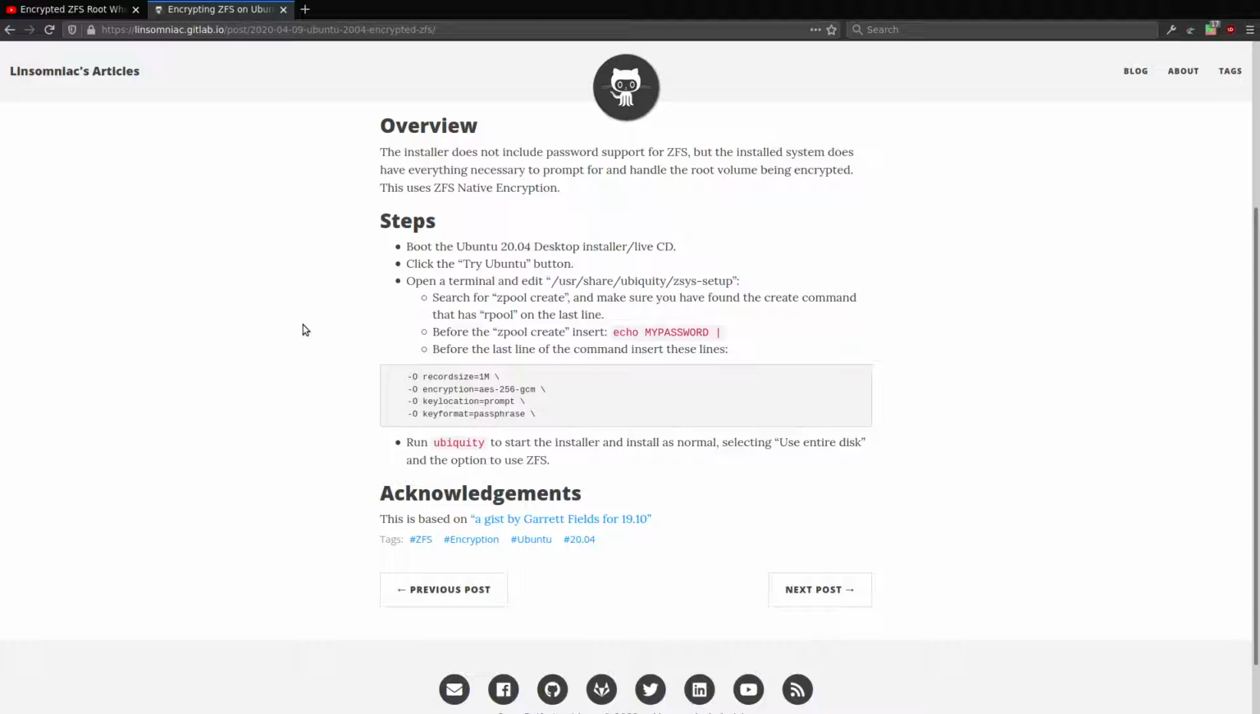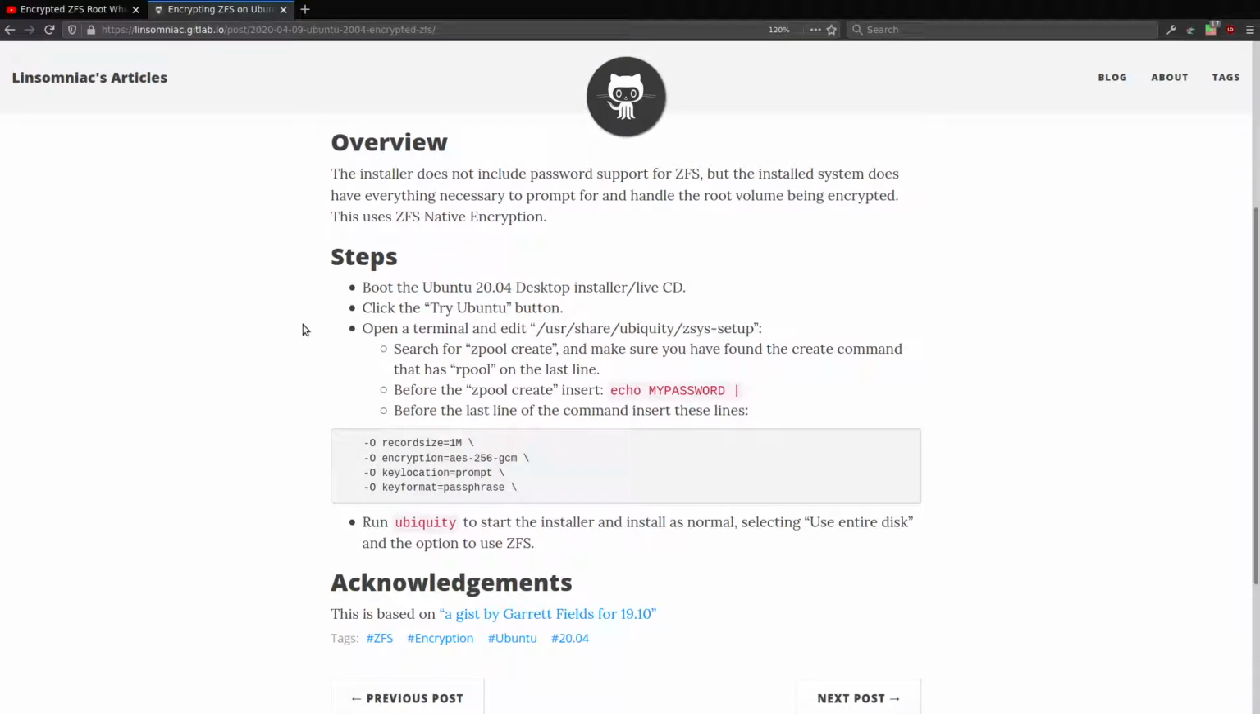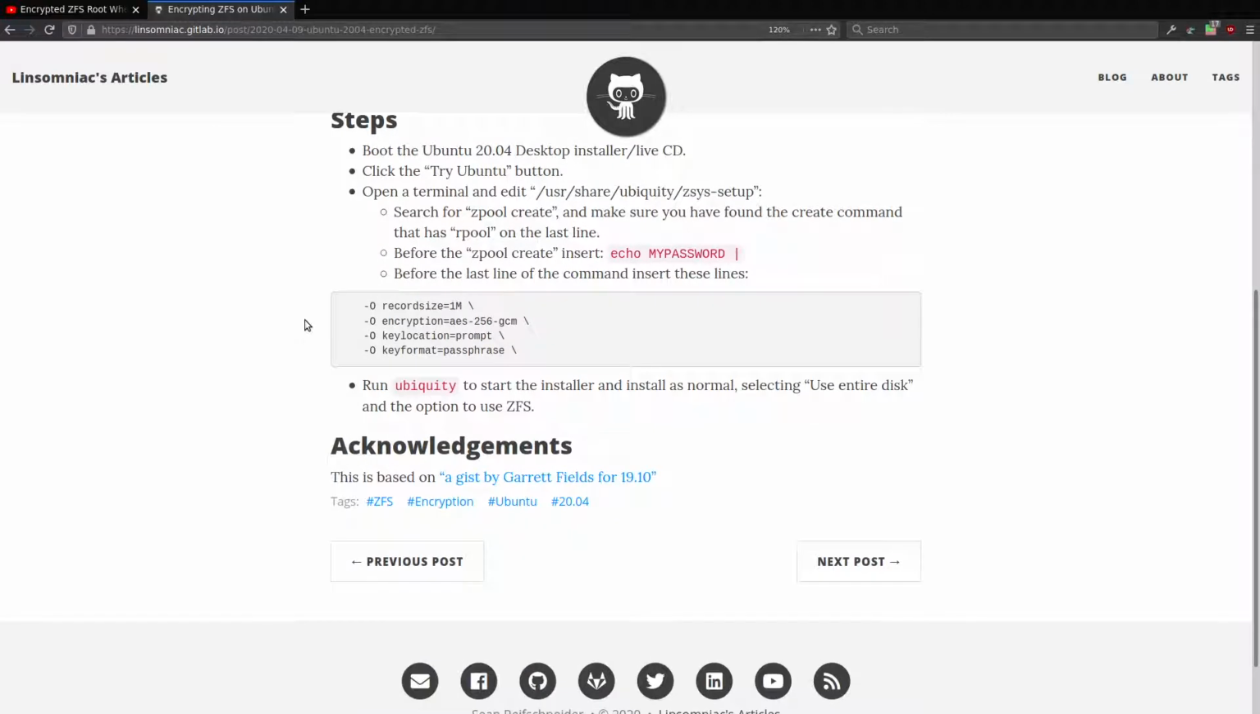Now, when you start Ubuntu up from the live session, you can choose Try Ubuntu, which will bring up a desktop environment so that you can check everything's working before you install it. After you've clicked the Try Ubuntu button, what you need to do is open a terminal and edit this file, /usr/share/ubiquity